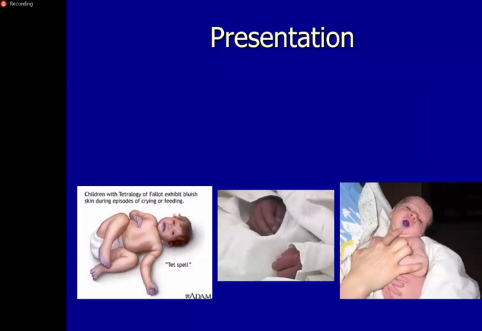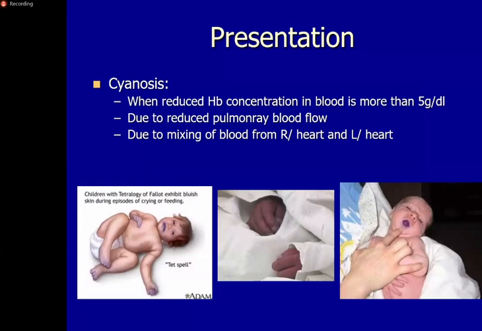Right. Now, the presentation: one of the ways that they can present is with changes in color. And I hope you all know what is meant by cyanosis. That is actually blue discoloration of the skin. But why does it happen? It happens only when the hemoglobin concentration in the blood is more than 5 grams per deciliter. This happens because the oxygenation of the blood is not happening in the lungs, or if there is